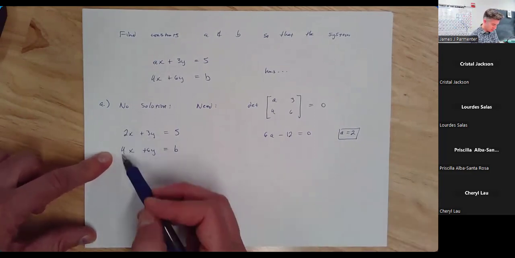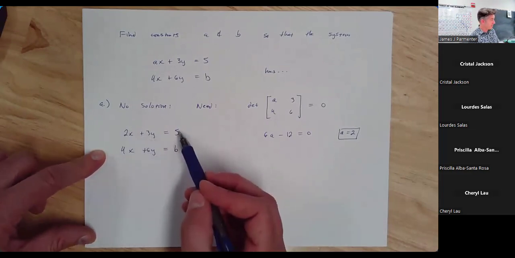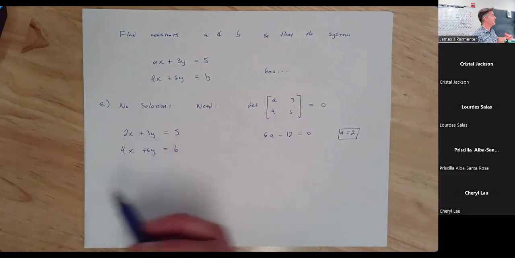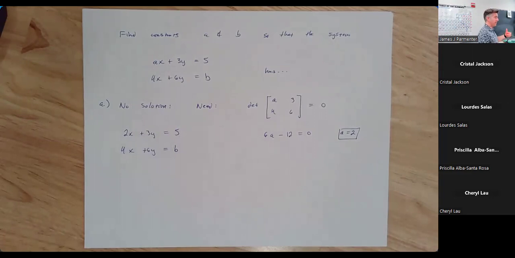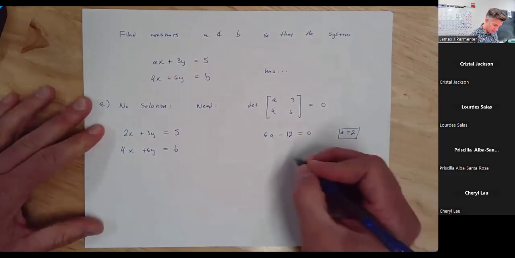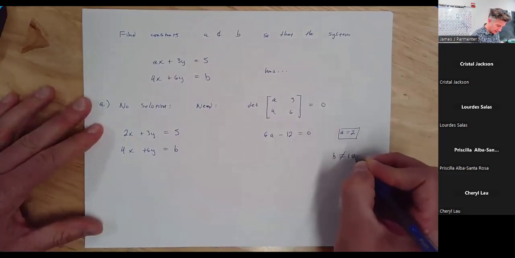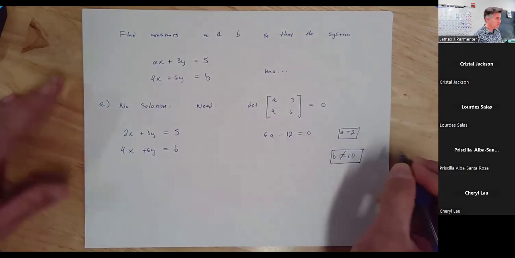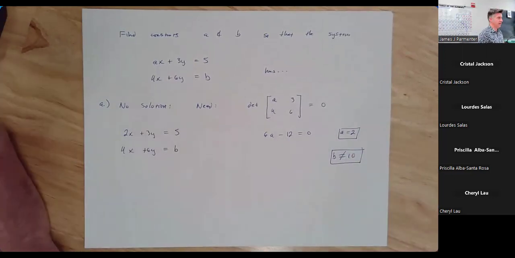2. So 2 times 2 is 4, 2 times 3 is 6, and 2 times 5 is 10. So 10 is the problem. Right? I don't want 10 in this case, because if it were 10, I'd have an infinite number of solutions because they'd be the same line. So A has to be 2, and B has to be anything but 10. So you can pick 9 or 7 or 70 million or